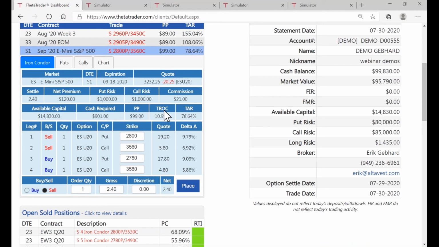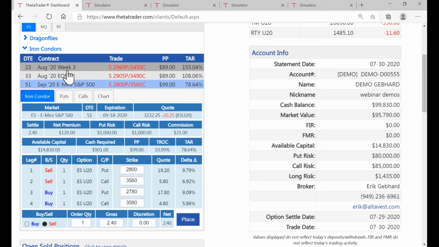Now, this is your targeted return on capital, just about 11%, and your targeted annualized return at 78%. But this is not a number that you would ever expect to generate on an annualized basis. It just assumes that you get into this trade and you hold it till expiration and you realize the full profit, and then you do it over and over until the end of the year. But that wouldn't be realistic to expect,